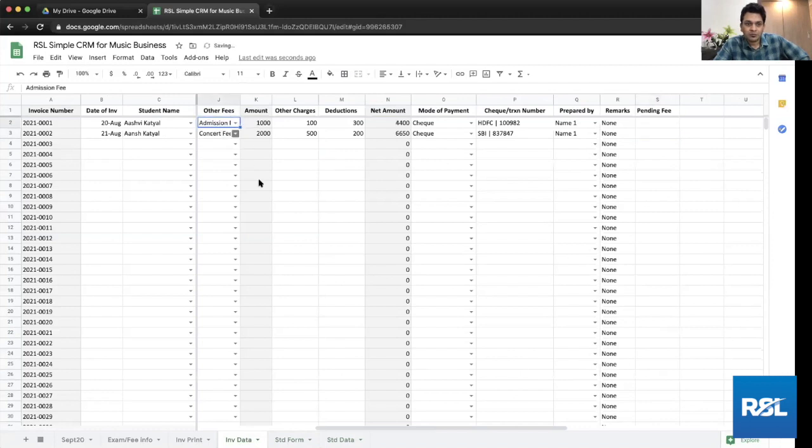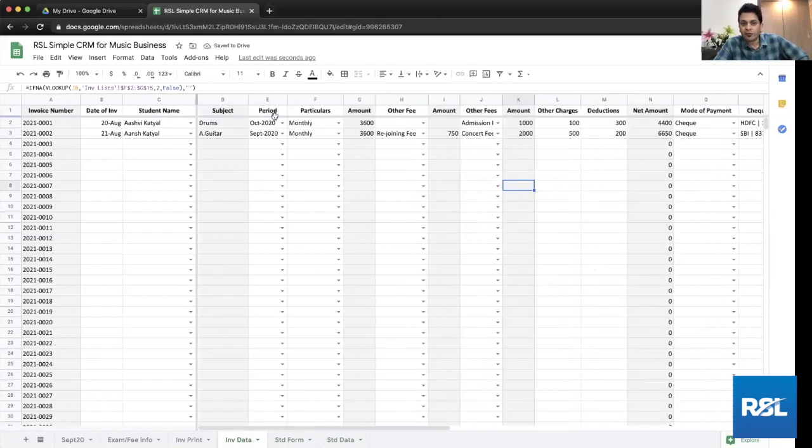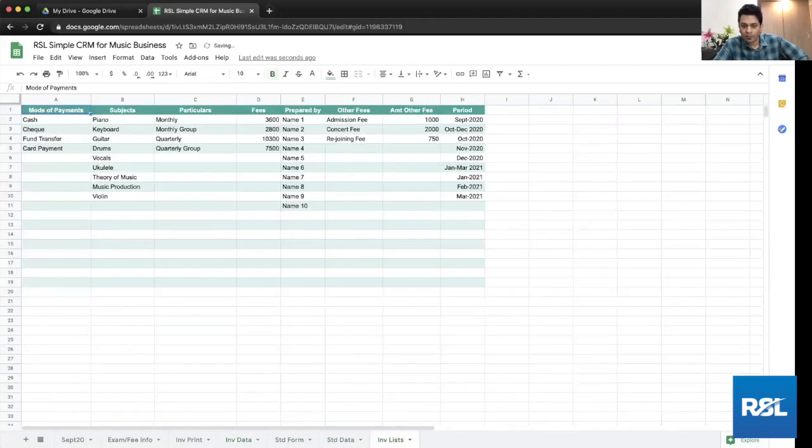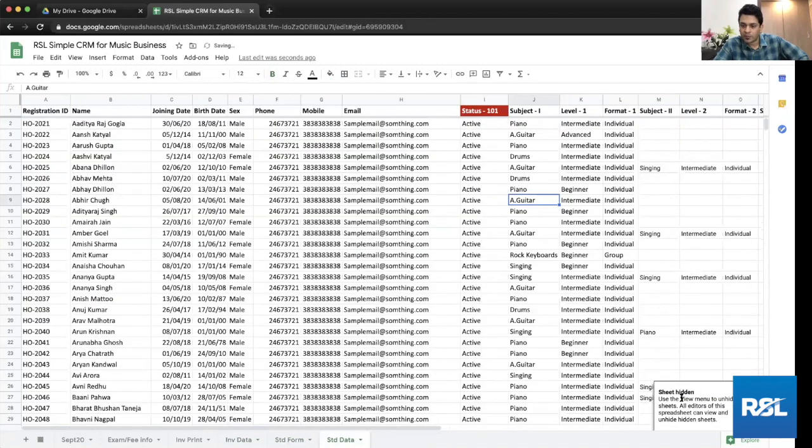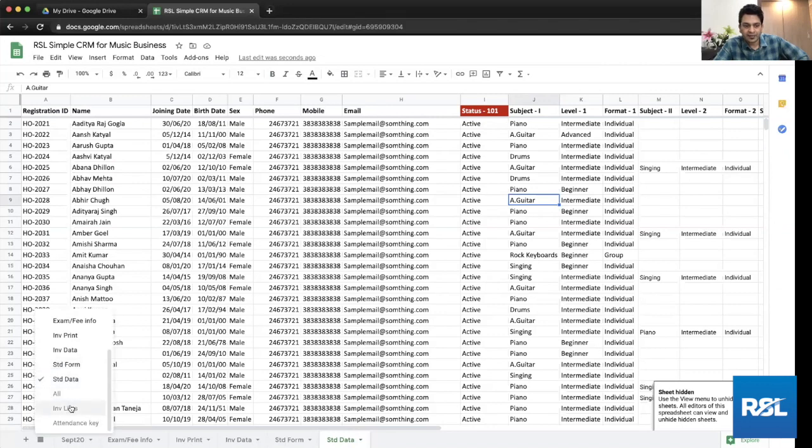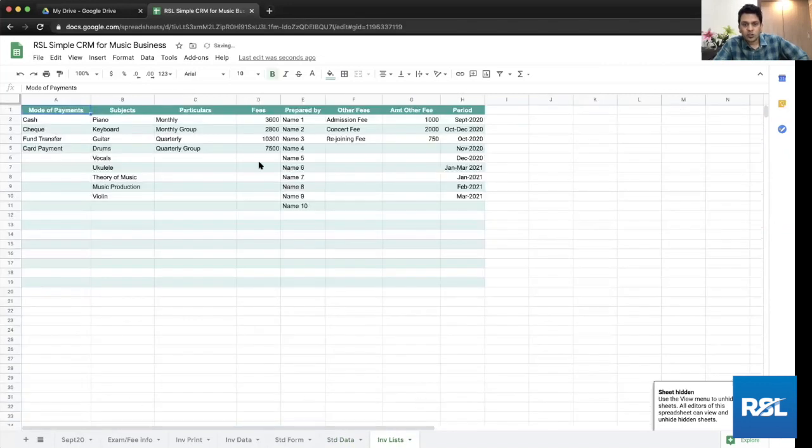So first thing, we have to set the values for all of these things. So I will go to the sheet, which is called the invoice lists. This is a hidden sheet. You click on this and it'll pop up. To hide the sheets again, you can just click on this and click on hide sheet and it's gone. It'll pop up here that you can click on the left and open it. So let me just open it again, invoice lists. So here you can see that there's a lot of database here, up to the 15th row.